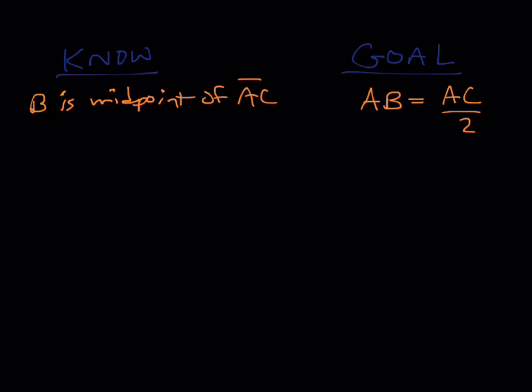So now you have 2 options. You can work forwards and see what we know because of the fact that B is the midpoint, or we can work backwards, start with the goal, and figure out what would be a previous step that comes before that. All right, so for instance, starting from what we know, B is the midpoint, we can work with the definition of midpoint, or we could work with anything we know about line segments. So not too much we can get from the line segment portion of this, but we can use the definition of a midpoint. So you'll want to have your definitions either memorized or have these on hand,